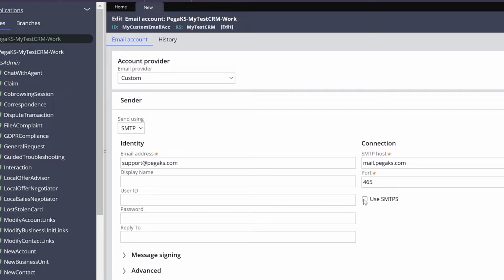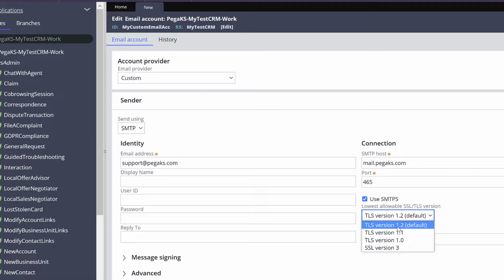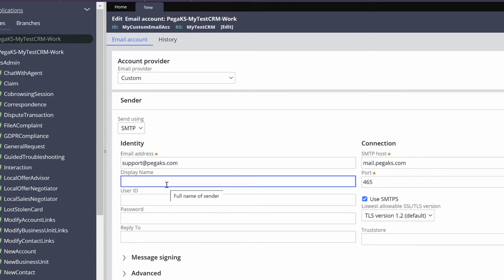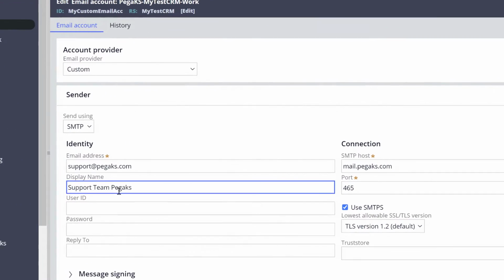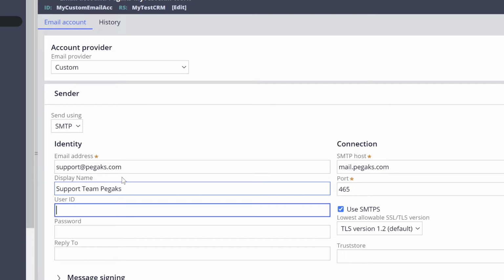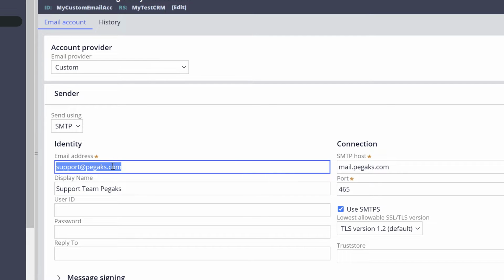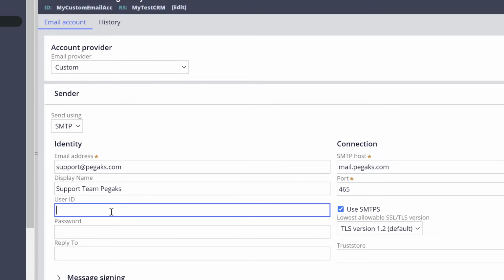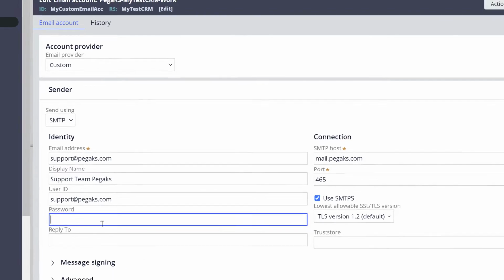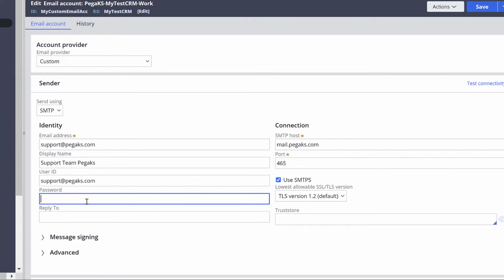So we need to select the checkbox Use SMTPS, Simple Mail Transfer Protocol Secured. Pega allows TLS version 1.2 as the default protocol. Specify your display name, Pega case, and the user ID is nothing but your email ID. And the password is your email ID password.